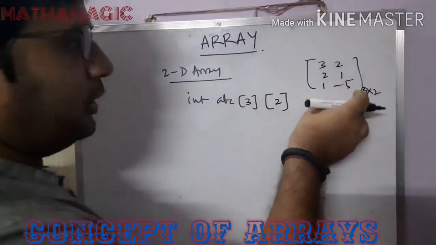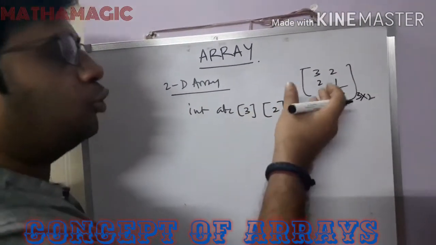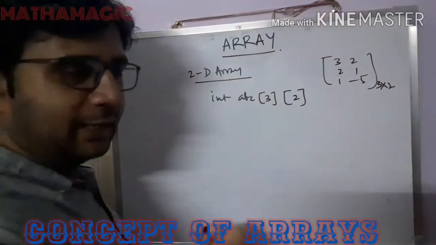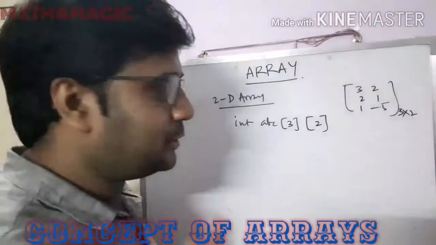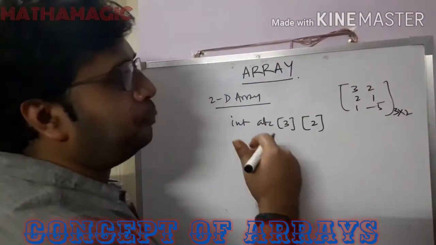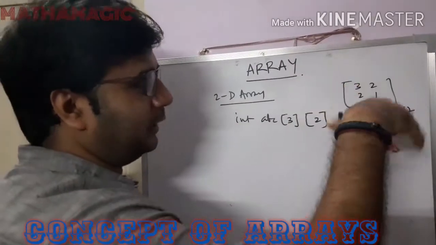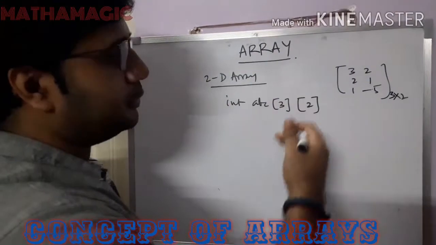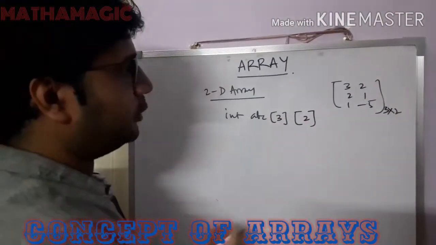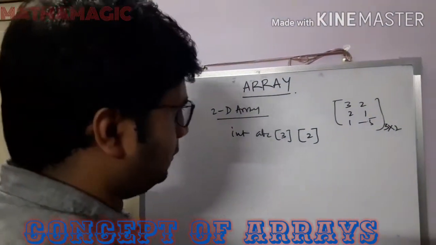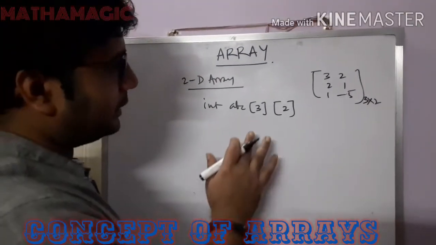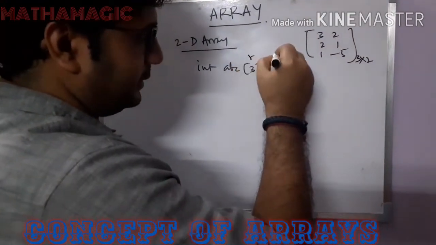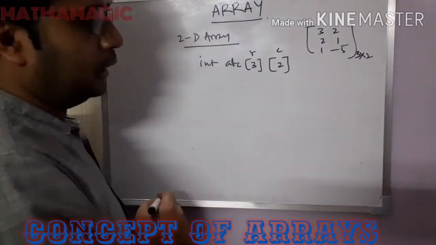Now, in order to use this matrix, or to take the input of that matrix into our program, we have to take the help of a two-dimensional array. Just try to understand. In order to input this kind of matrix into our programming, we need to use arrays. This is why two-dimensional arrays are basically used. So let the array be named ABC[3][2]. The first one will always indicate the row and the second one will always indicate the column.